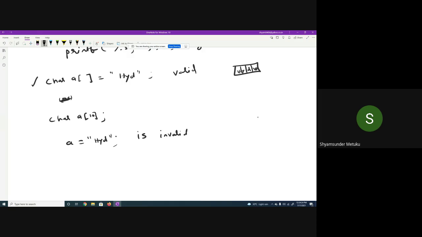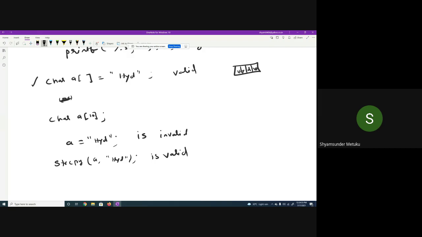And sometimes I want to declare an array with garbage, and in between I want to copy Hyderabad into A. What is the method you should follow? The only option left is strcpy. Is it clear to all of you? Yes, sir. So whenever you want to declare an array of characters with garbage, and later in the program you want to update some text in it, the only option to update will be strcpy.